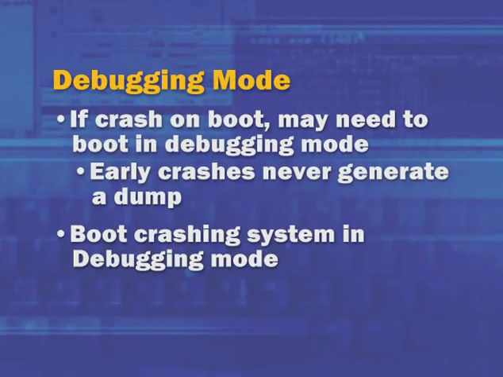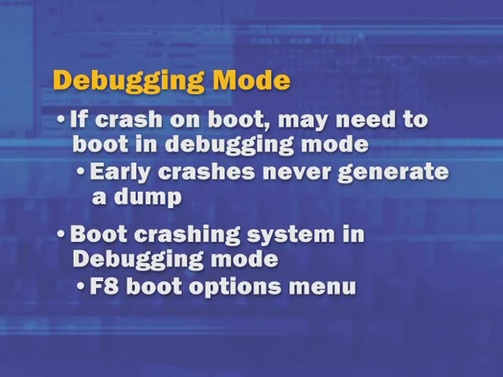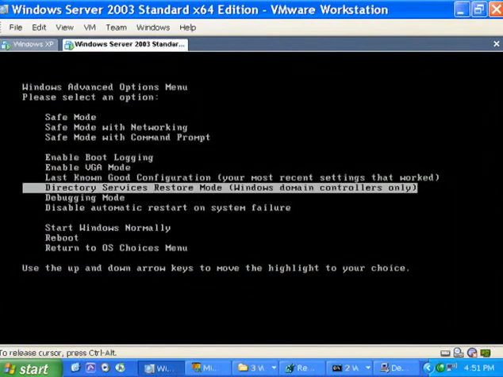from another machine is to boot it into debugging mode, which you can get to through that special F8 boot menu. If we go back to our VM that's ready, sitting there at the boot menu, you can see debugging mode down here. Now this is not the preferred way of booting a machine into kernel debugging, because debugging mode here chooses default conservative boot options or debugging options. For example, it chooses the serial port on the system, serial port 2, and it chooses a very low baud rate, 19200, which is painfully slow to debug over.